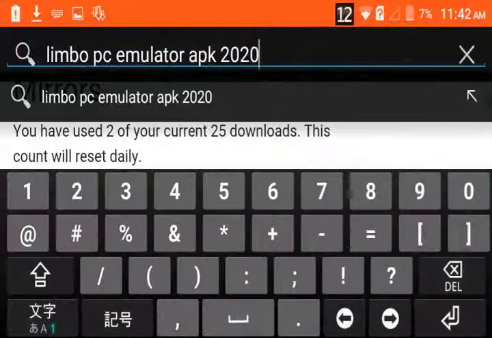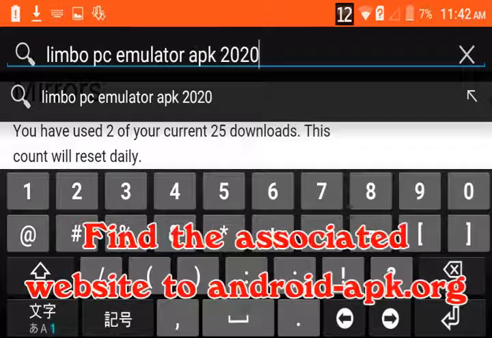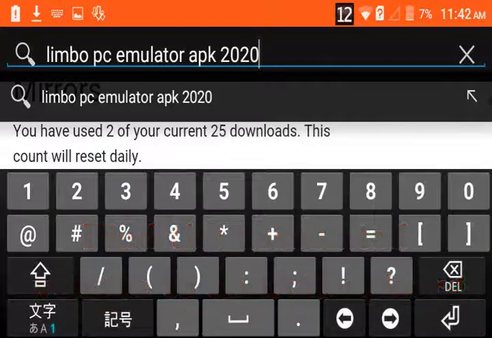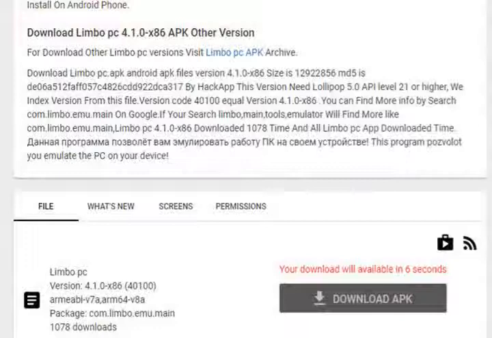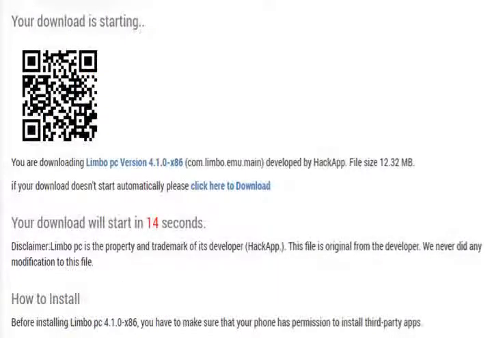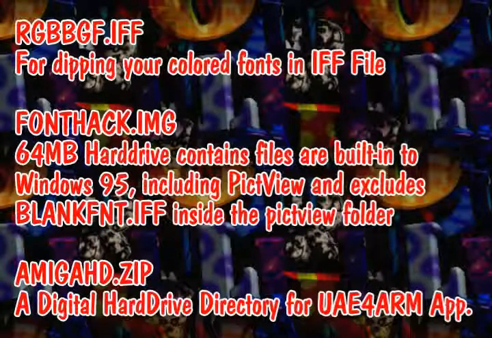On your phone or tablet, go to Google Chrome or a browser. Search for the Limbo PC Emulator app. Next, tap the link titled android-apk.org. Please wait a few seconds. Click the download button to get the file from android-apk.org, and your download is being prepared. It will be saved in the downloads folder. Download all of these for the following: